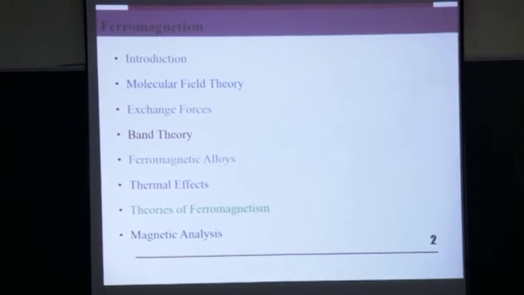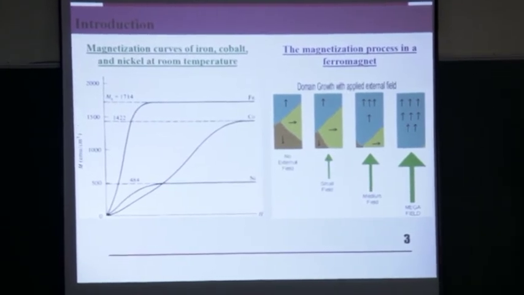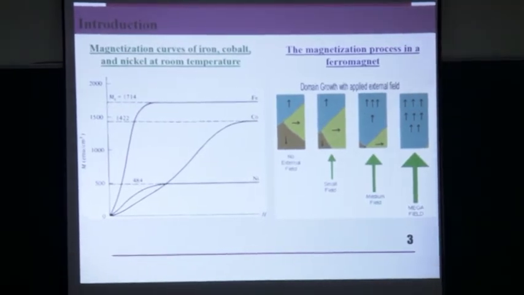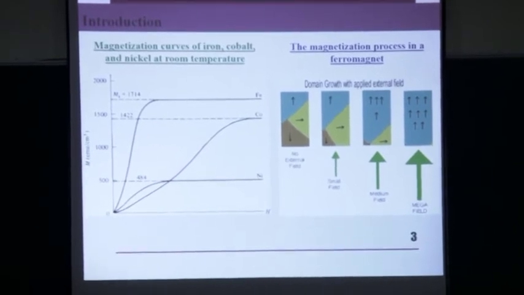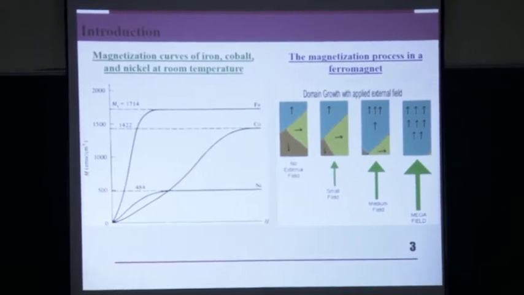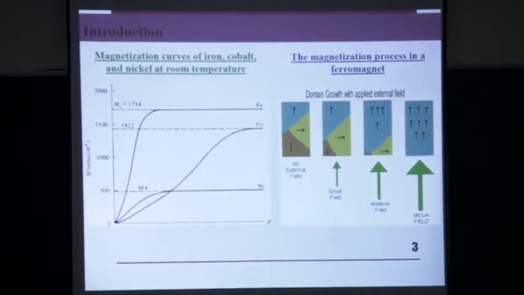I will show you how to understand this. Ferromagnetic materials, as you know, are materials such as iron, cobalt, nickel. Among these three, iron is the highest, you can see, which is lucky because iron is the cheapest also among these three. So iron is the cheapest and it has a high saturation magnetization.